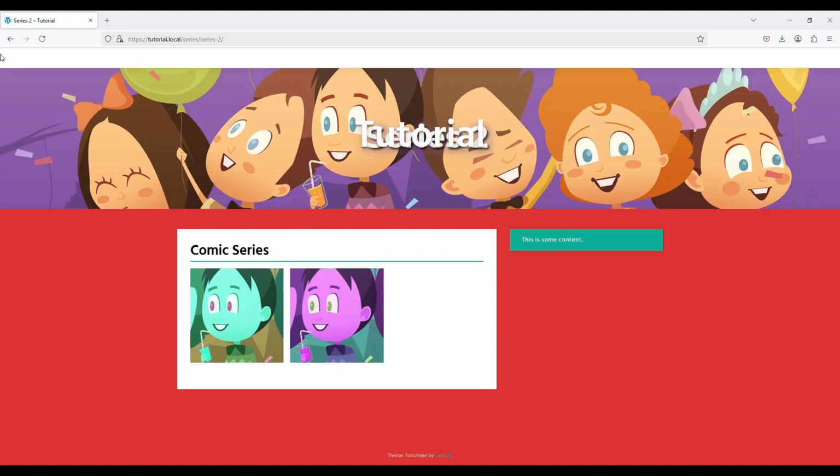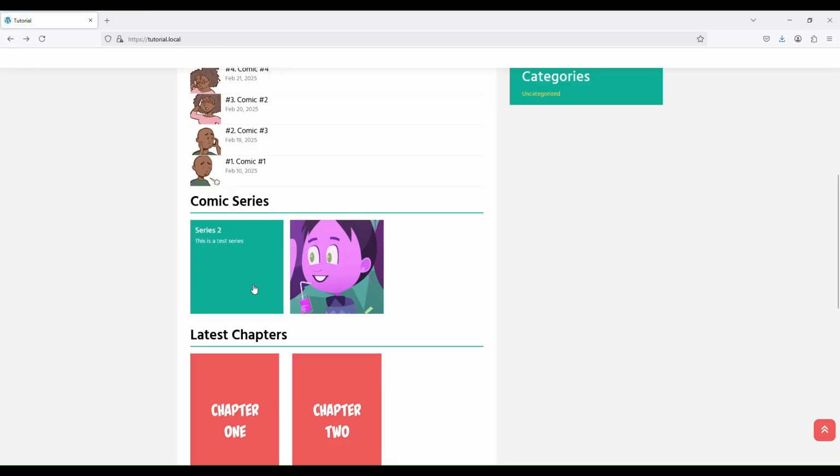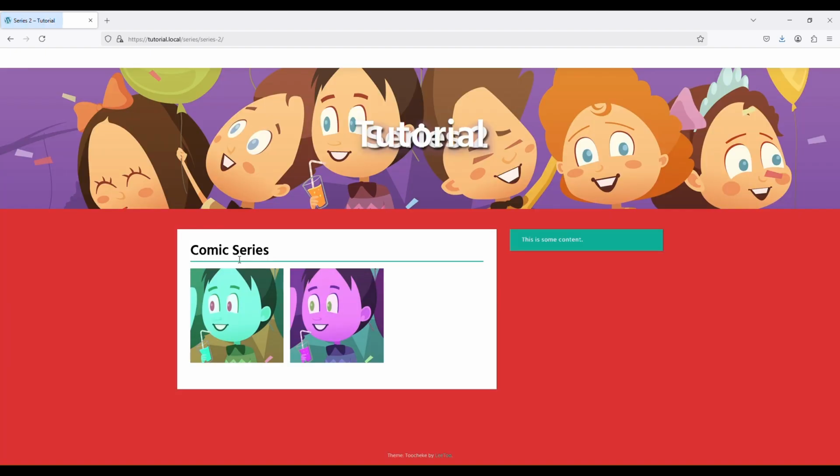Now, we have not yet assigned any comic, but if you go to the landing page, you'll notice that if you've not assigned any comic to it, it should take you to the series landing page. So it'll take you and notice that it's showing the comic series